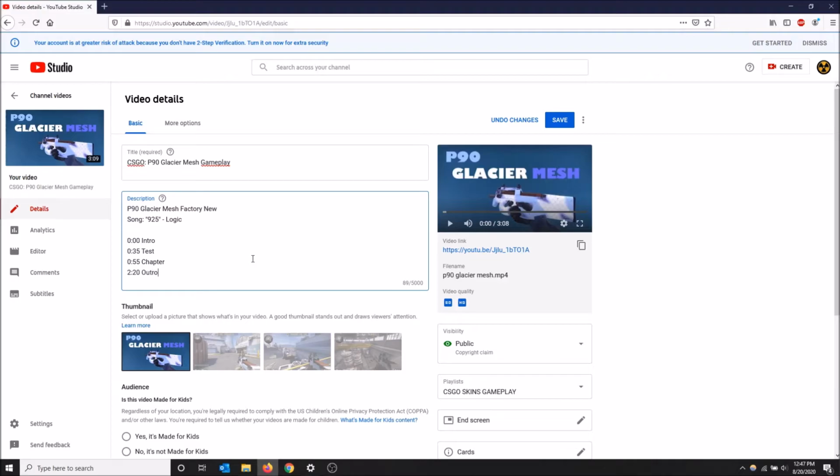Now another important step, these are the requirements. You need to have 0:00 at the start of your chapters, and the chapters have to be at least 10 seconds long, and you have to have at least 3, otherwise this won't work at all. So I have 4 here and they're all at least 10 seconds long, so this should work. Once you're done with your chapters, you click save,